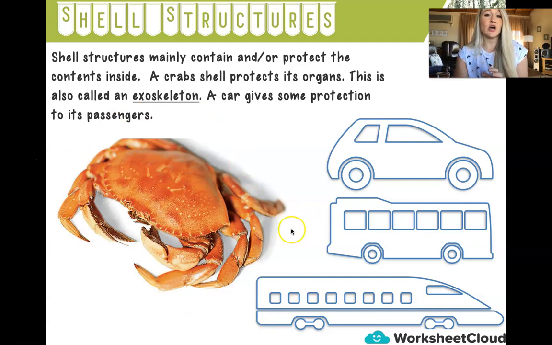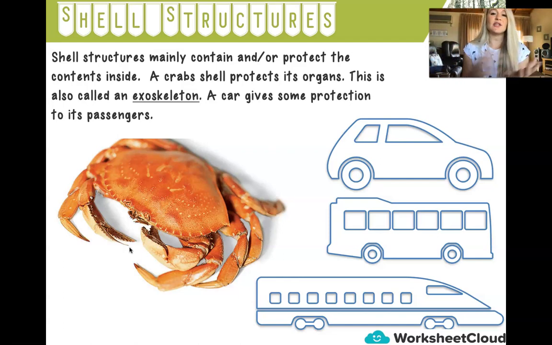A crab is an example of an animal that is an invertebrate. A crab does not have a backbone, but it's got this outer shell, and we call this outer shell an exoskeleton. And an exoskeleton is what we would classify as a shell structure, and it is there for 2 reasons. That shell is hard, and it's there to protect the organs, or contain, as a structure, contain the organs and the insides of the crab,